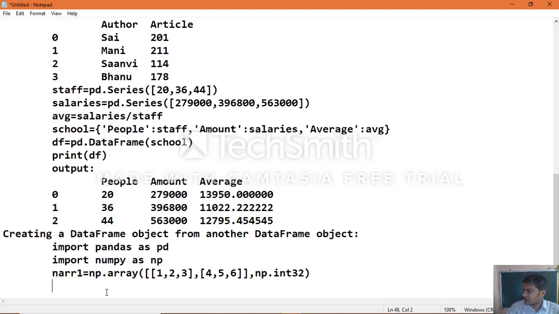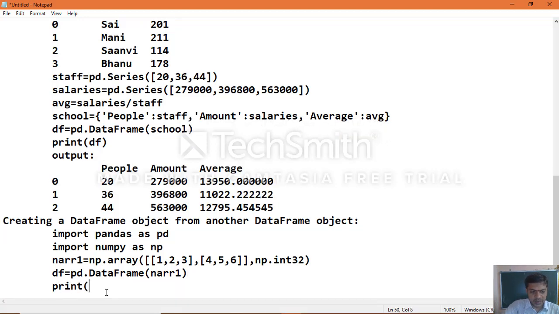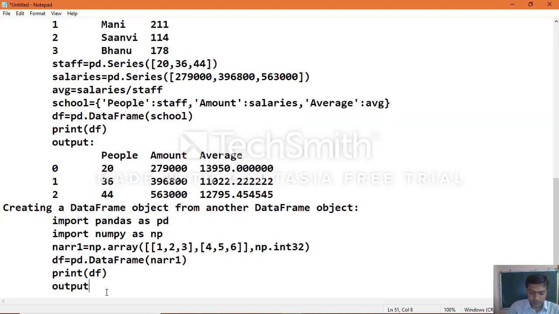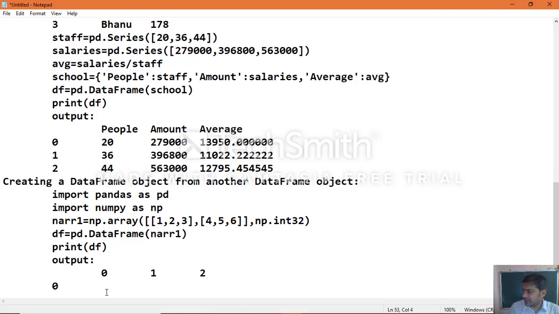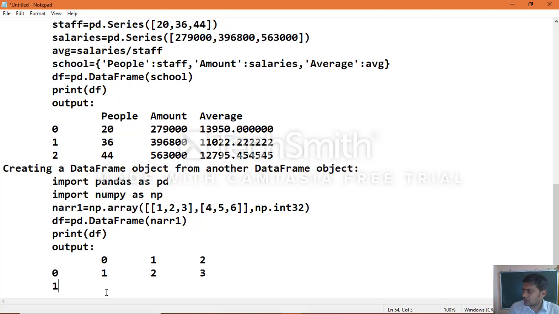Then you can create the data frame equal to pd dot DataFrame of the nd array which we created. Pass it, then print the object, print of df. Then I will see the output, that is default column names and default label indexes, 0, 1, 4, 5, 6.